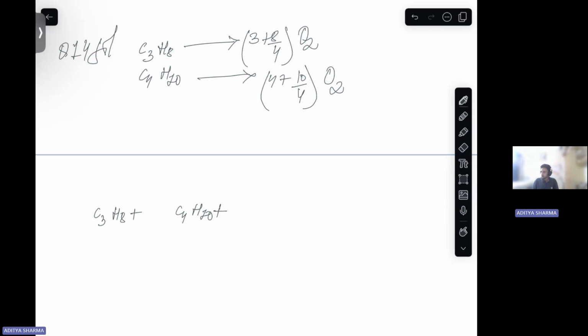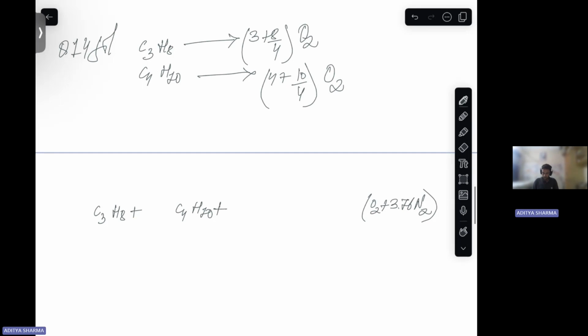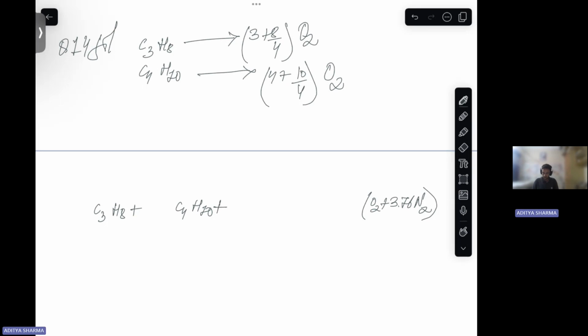Now we will write for this oxygen and nitrogen. The coefficient of oxygen will be the coefficient of this whole bracket, okay? That will also be the coefficient of 3.76 of nitrogen, right? And the products that we have are